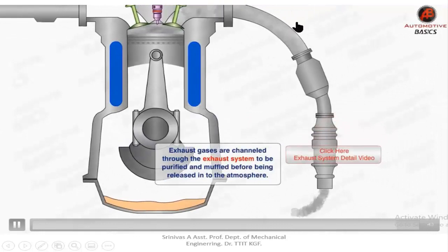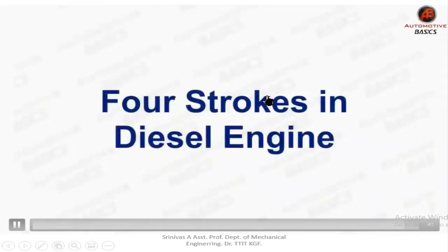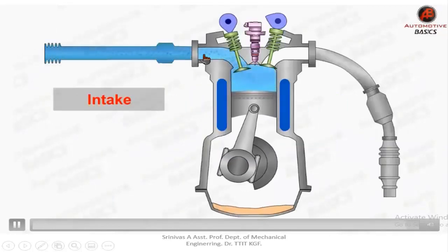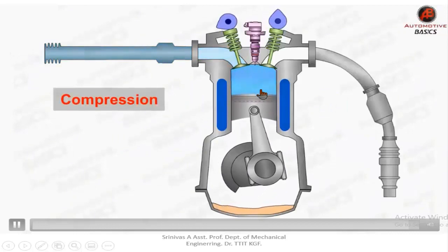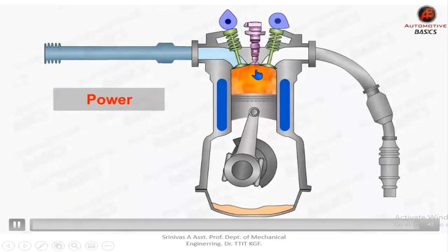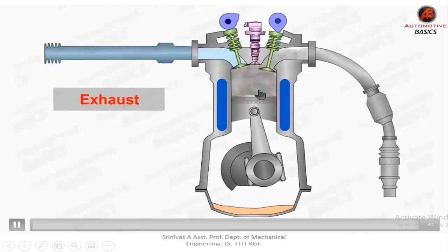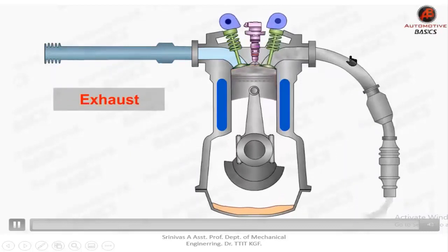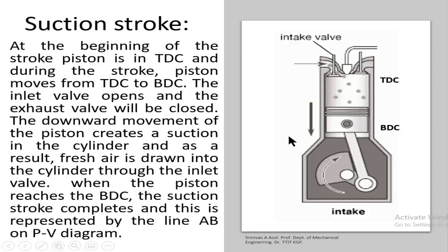The silencer arrangement is a separate part, through which the burnt gases are released. And here again we see intake, where fresh air enters the cylinder, and the compression stroke, where the air is compressed to high pressure and fuel is injected. Then the power stroke takes place, then the exhaust stroke, where all the burnt gases go outside. This is how a 4-stroke diesel engine works. Now we come to the explanation.